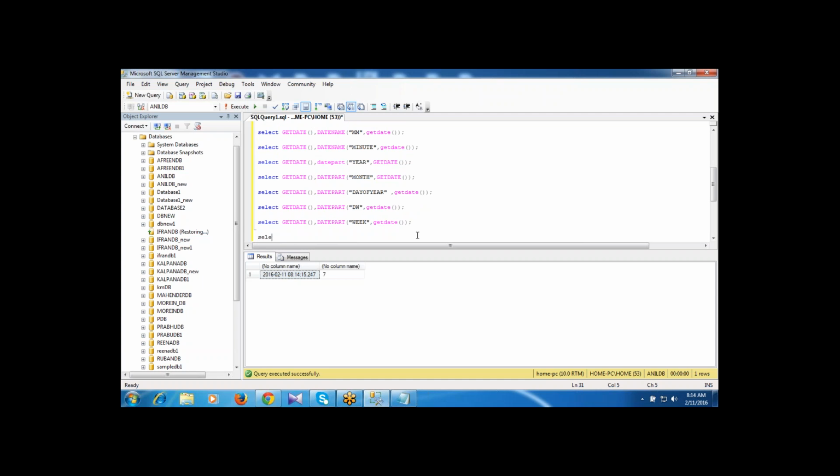So here if I'm adding, GETDATE is today's date, I'm going to add the number of years. The DATEADD function I'm practicing. I'm going to add the number of years. How many years I'm going to add? 1 year, to the date GETDATE function. Select the query and go for the execute. The 1 year, 2017, right? Number of months. Here I'm going to add the number of months. DATEADD.